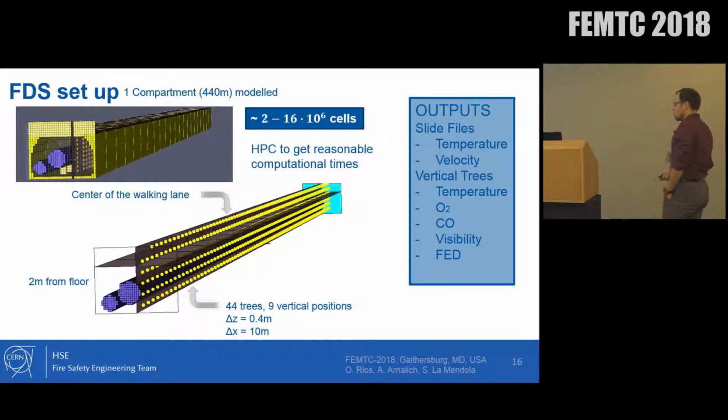So, as I was saying, we set up the model. We set up only a 400 meter scenario, but that already went up to 2 to 16 million cells. Luckily enough, at CERN we have huge high-performance computing, so I had access to a 1,000 core computer to run this simulation, so I could play a little bit with that, even though I tried to reduce it to 2 million cells, because if there is no need for computation, then not because we have it should we use it for the fun of it, no? We set slices, we set sensors. Actually, the strategy for setting sensors is because we had post-processing tools afterwards reading those sensors.